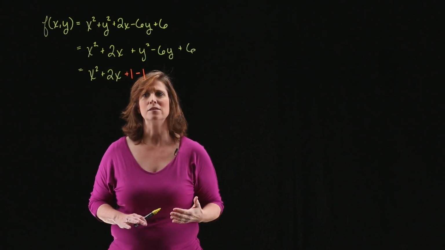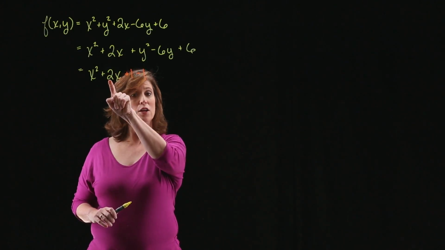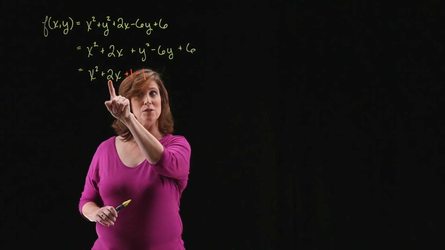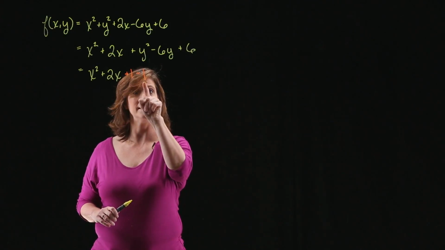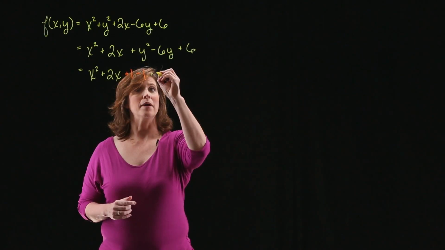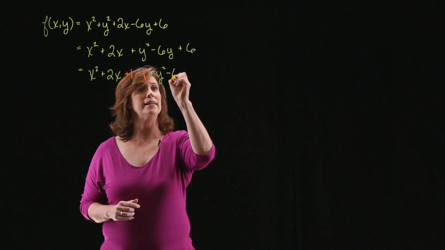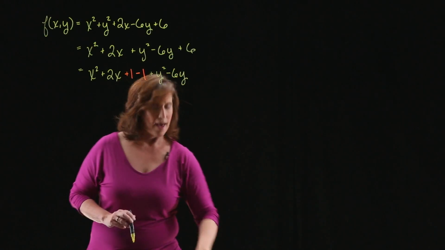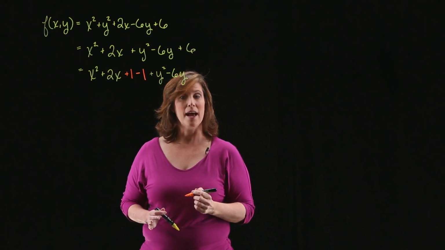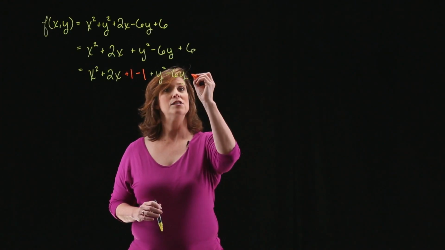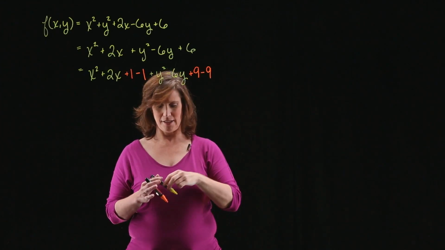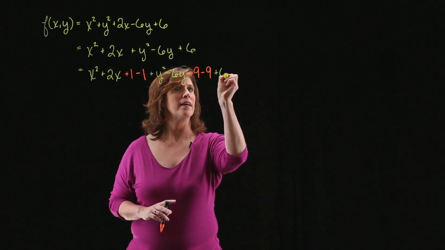Well, how did I know to add and subtract 1? I took the coefficient with the x, divided it by 2 and squared it. So 2 divided by 2 is 1, 1 squared is 1. So I added and subtracted 1. Now I'm going to do the same thing to the y grouping. So I've got y squared minus 6y. I'm going to take the minus 6 divided by 2, that's minus 3, and square it. That's 9. So I'll add 9 and subtract 9 so that nothing changes, and I still have that plus 6